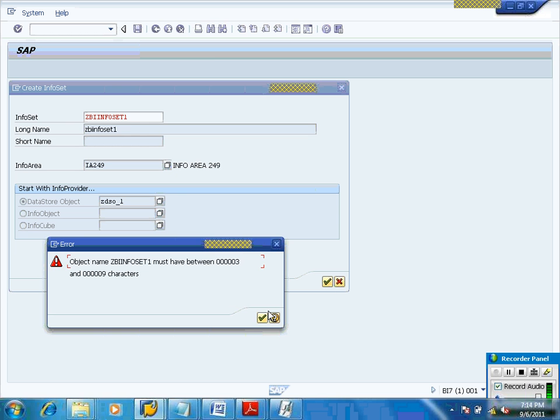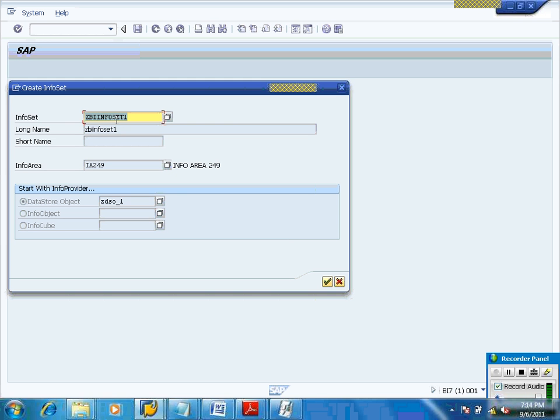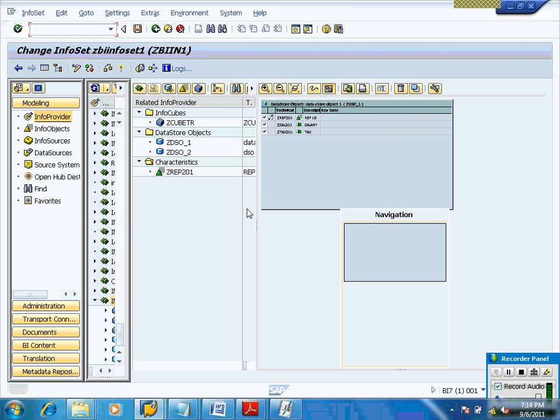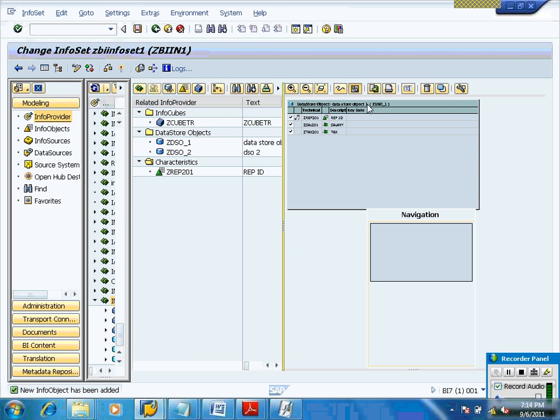Click on continue. GDI in 1. Let's click on continue. Now we included the DSO_1. The system is proposing like this.